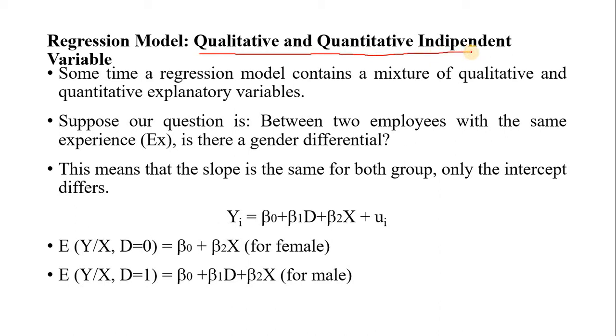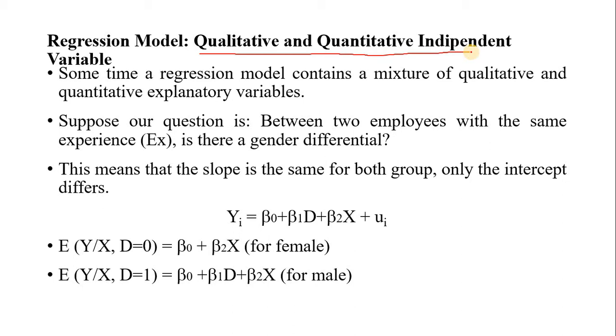Now assume that just now we have seen that only 50% of the variations in wages are explained by the two dummies, gender and caste. It means that there are certain other variables that also affect the wage, and this may be their education level, their technological level, or their technical efficiency, their experience,